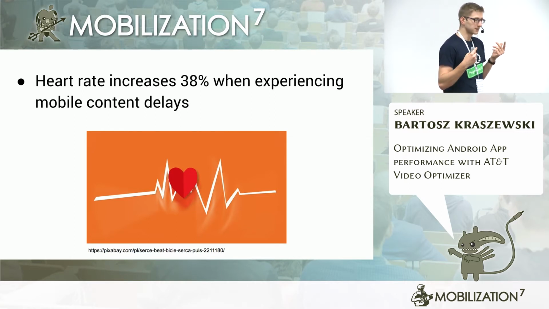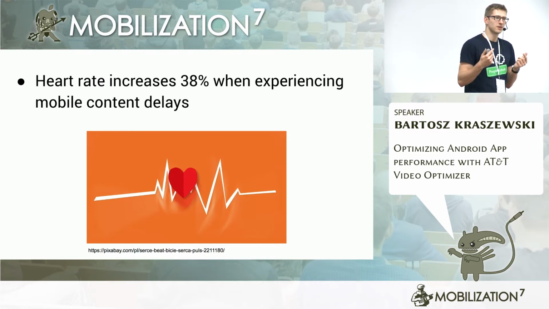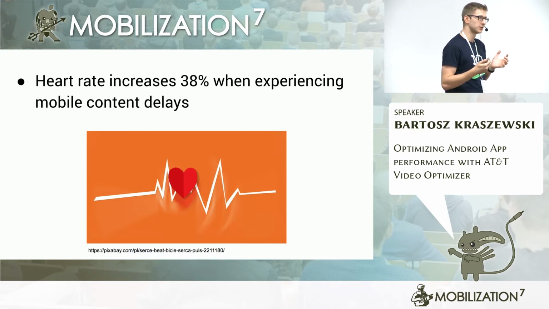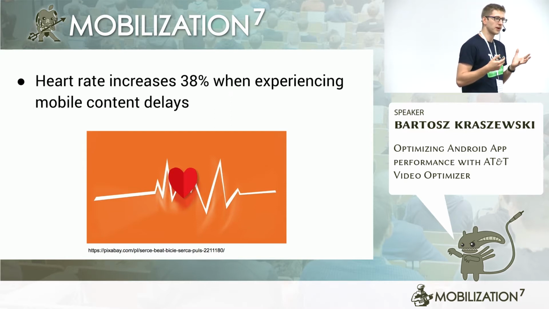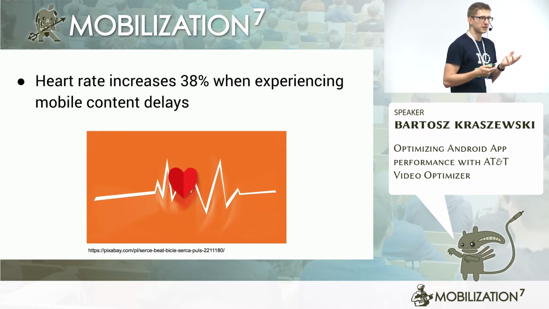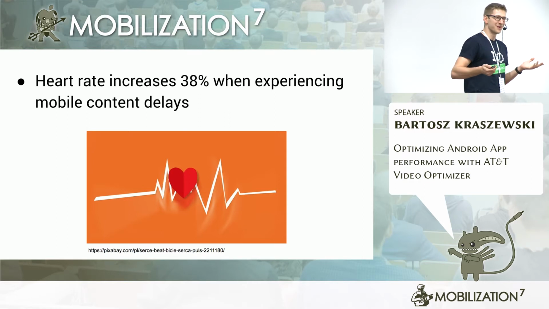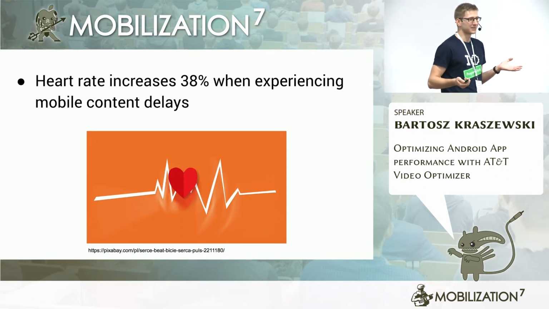If you think about it, you as developers actually have an influence on your users' health. And if your users are stressed and they have heart issues, they may eventually die, and you won't get any money from that, right? We want to get some money from our users,